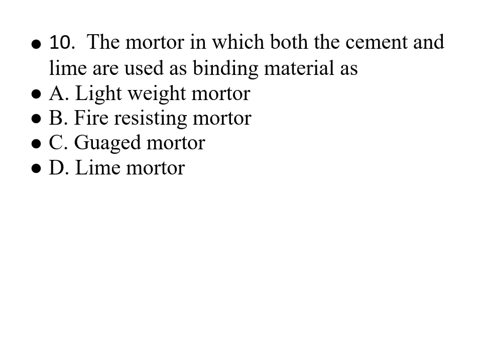And the option A, lightweight mortar, is sawdust and the rice husk and the jute or the coir, and these are added in this lightweight mortar. And the option B is fire resisting mortar. In this, aluminous cement is added to the fine powder of the fire bricks. And for the gauged mortar, cement and lime are used, and lime mortar is lime, sand and water added in this lime mortar. So the option is C.